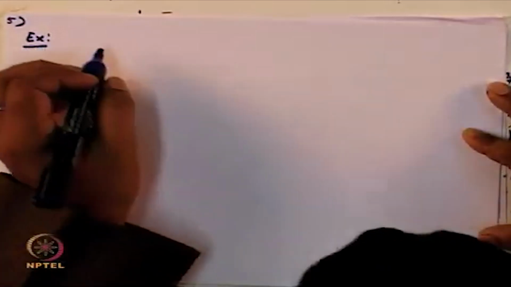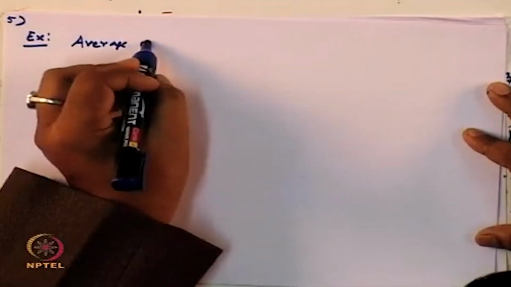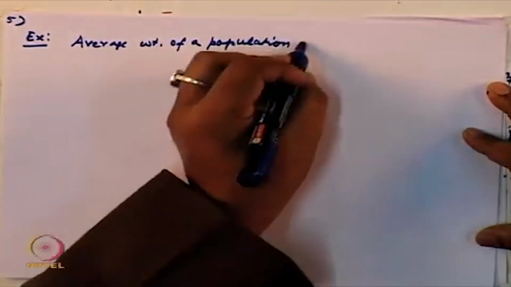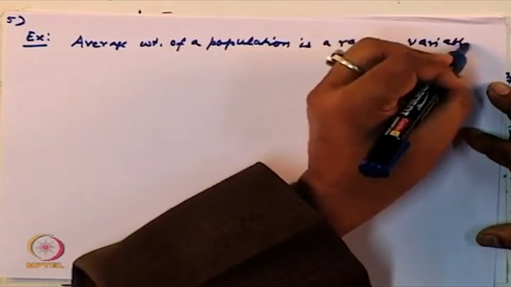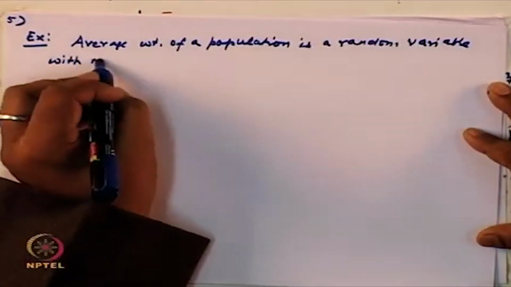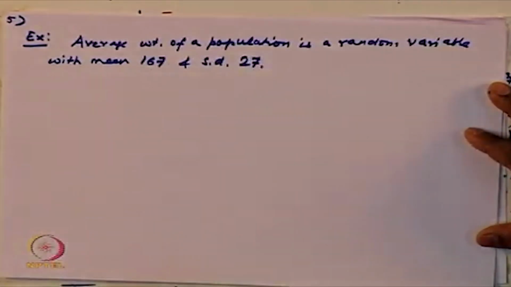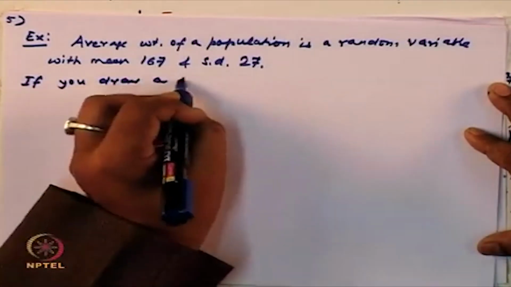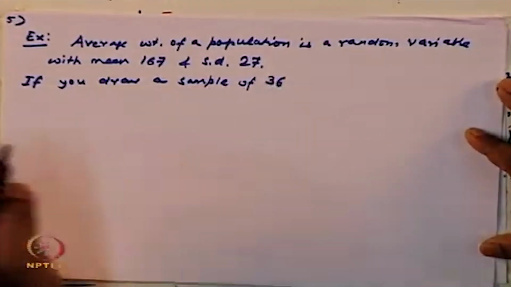Okay. So, let us take an example. The average weight of a population is a random variable with mean 167 and standard deviation 27. So, if you draw a sample of size 36,